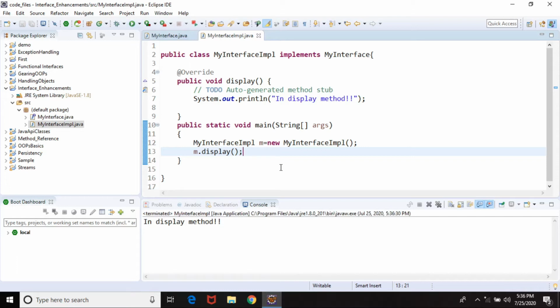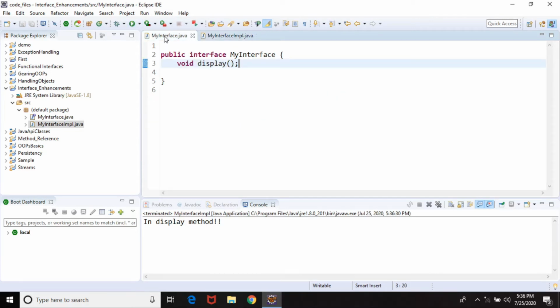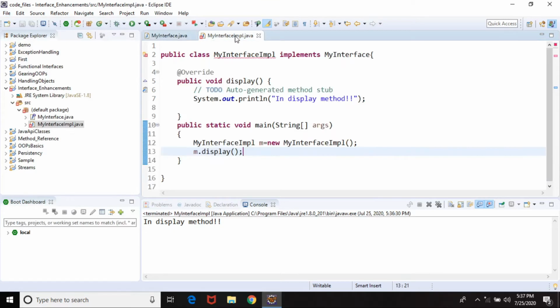Now we are going to talk about some new things which are introduced in JDK 8, and the first and foremost thing which is introduced is a concept called default method implementation in an interface. Now what is a default method in an interface? Let us say that this is one of the interfaces and I want to add another method into this interface, and the name of this method is add, which takes one data member, let us say a, of type integer.